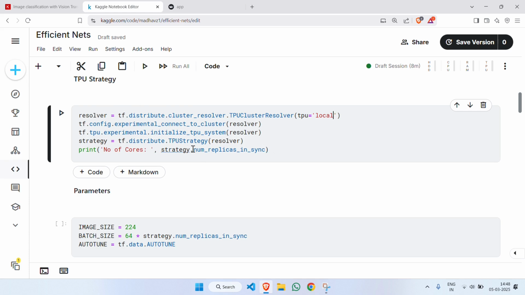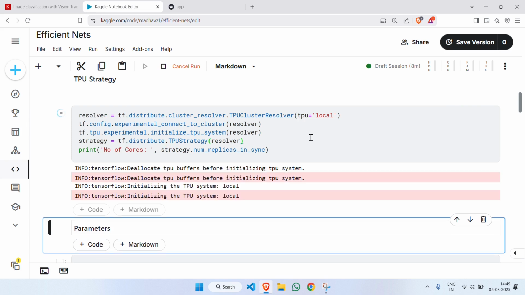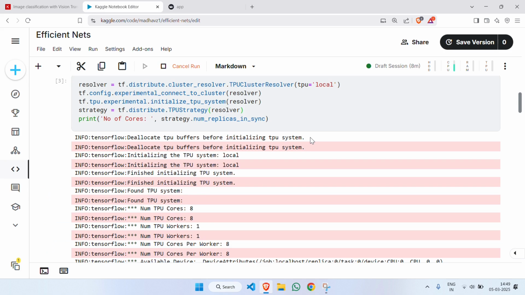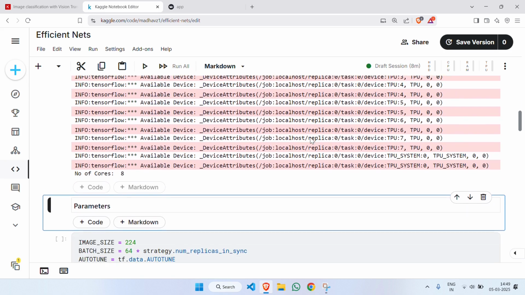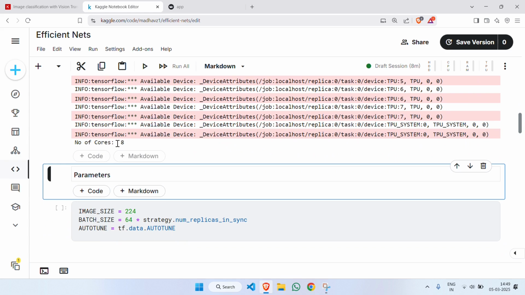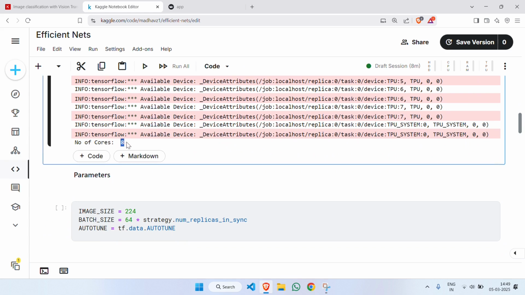For that you can apply the attribute num replicas in sync to the strategy variable, and it will return the number of cores. So let's run this. Yes, our TPU is initializing. Yeah, we have 8 cores, you can see,